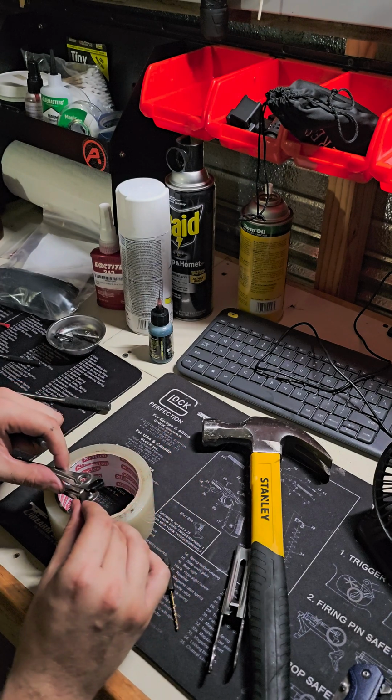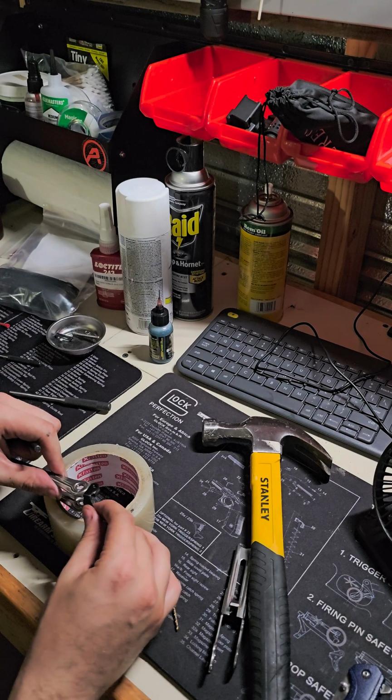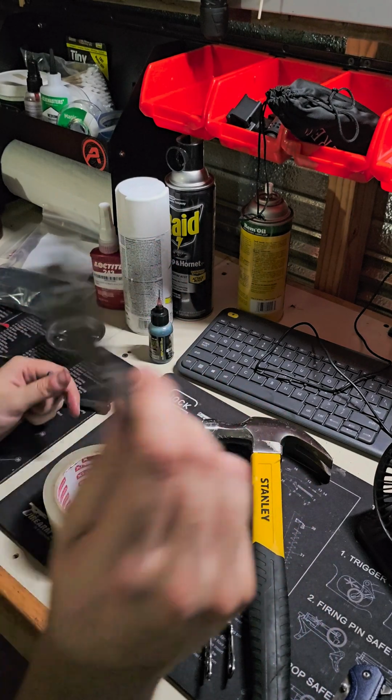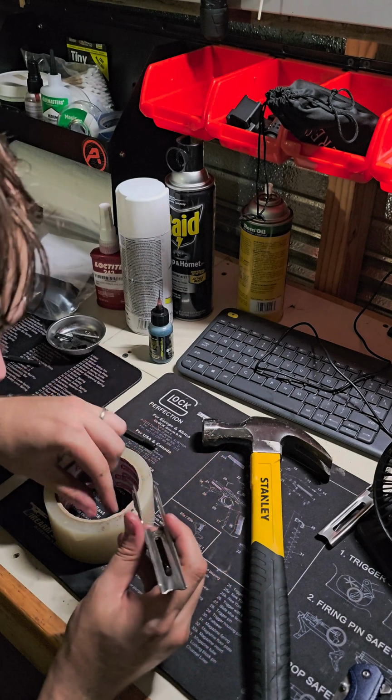So just make sure that I just want to see. Yeah, so it's going to index like that. Okay, so I'm going to put that over there. Now, so we're done with this guy. Sayonara. Alright, so we're going to put